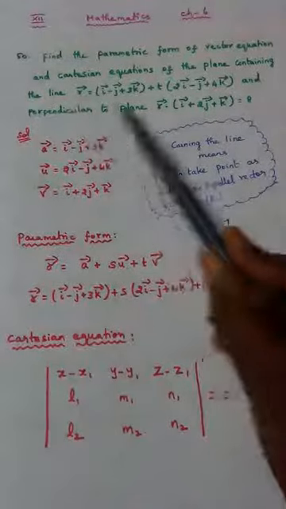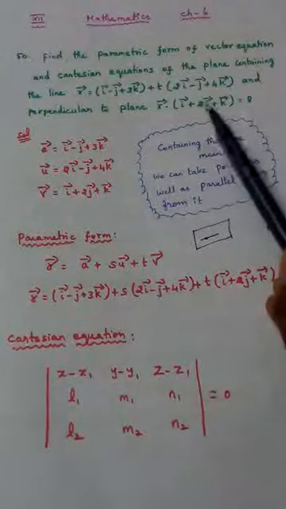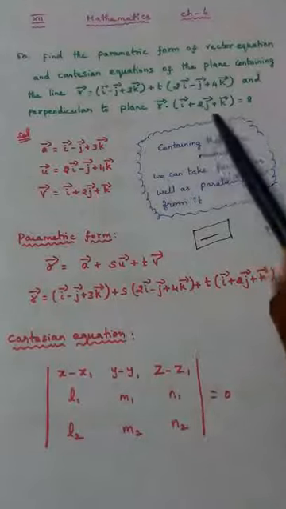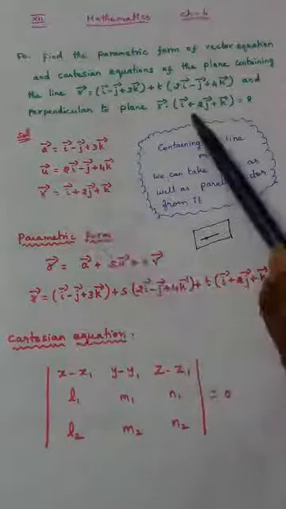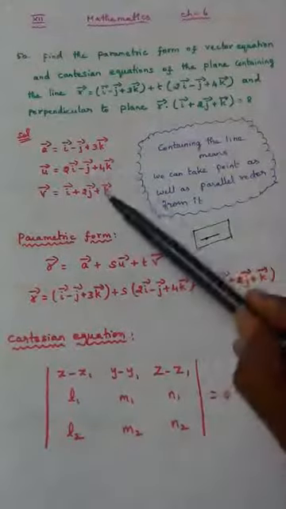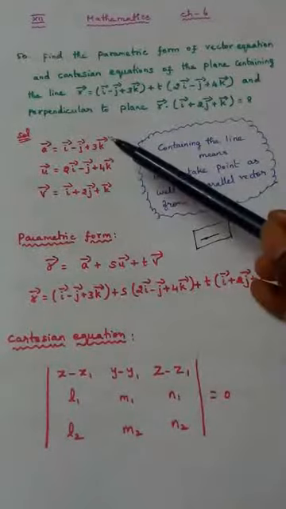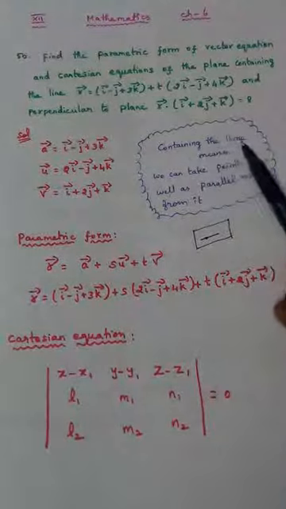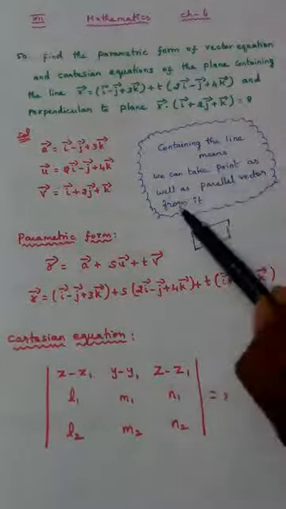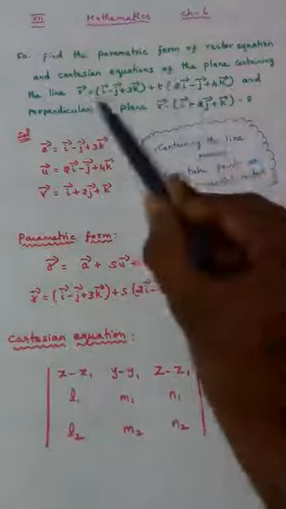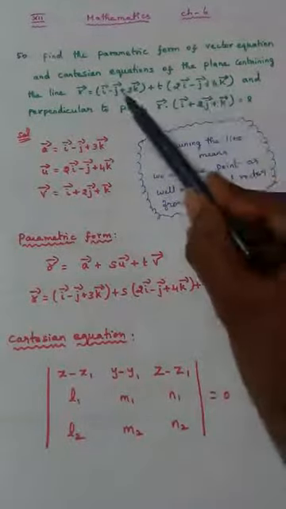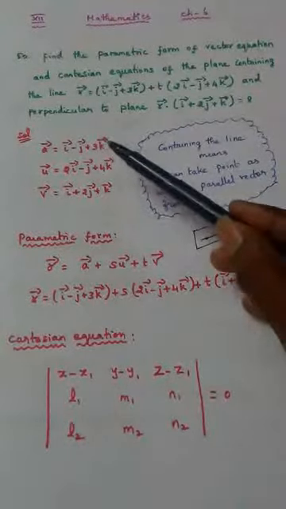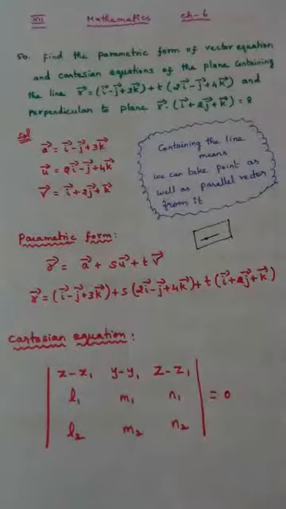And also we know very well, perpendicular to the plane means from that also we can take one parallel vector. Perpendicular to the plane means we can take one parallel vector out of that. So this is taken as v vector. So v vector is i plus 2j plus k. So this is what is important, that you should be able to write these things by seeing the question. If you read this, containing the line means we can take a point as well as a parallel vector from it. From this another parallel vector. So this comes under the type plane passing through a point and parallel to two vectors.